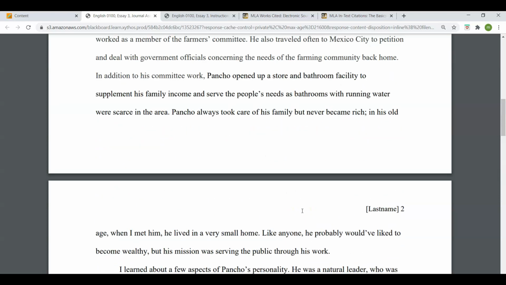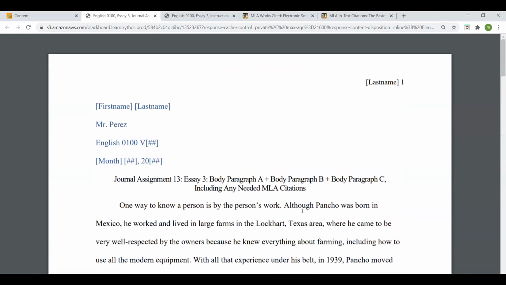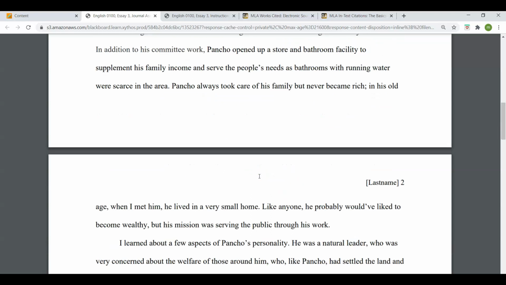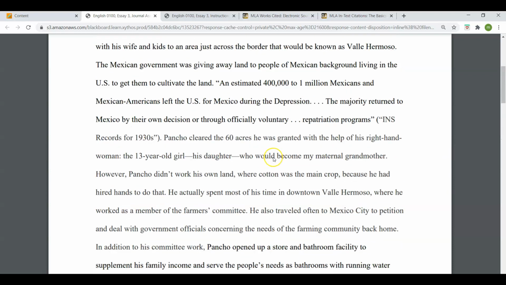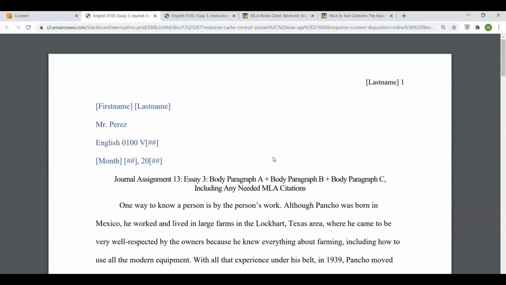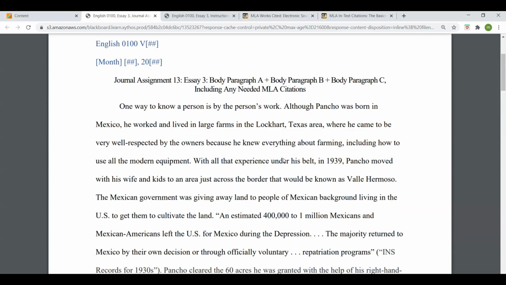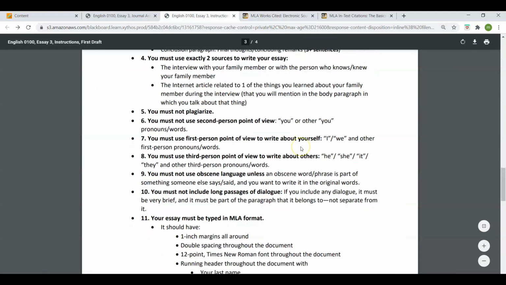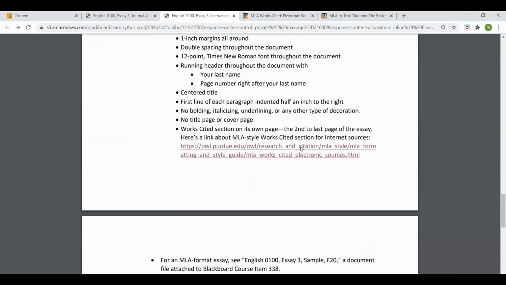All right, students, so I am going to let you read these paragraphs on your own, okay? Because I don't want to take time in this video to read them with you when you can simply read them yourselves, okay? But there are a couple of things that I am going to emphasize from each paragraph, okay? So when we look at this, let's go back to the instructions for a moment. One of the instructions here says